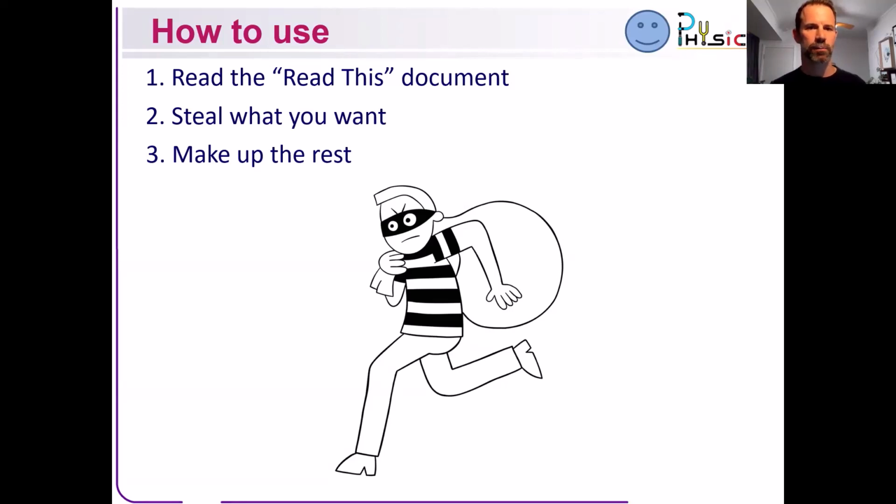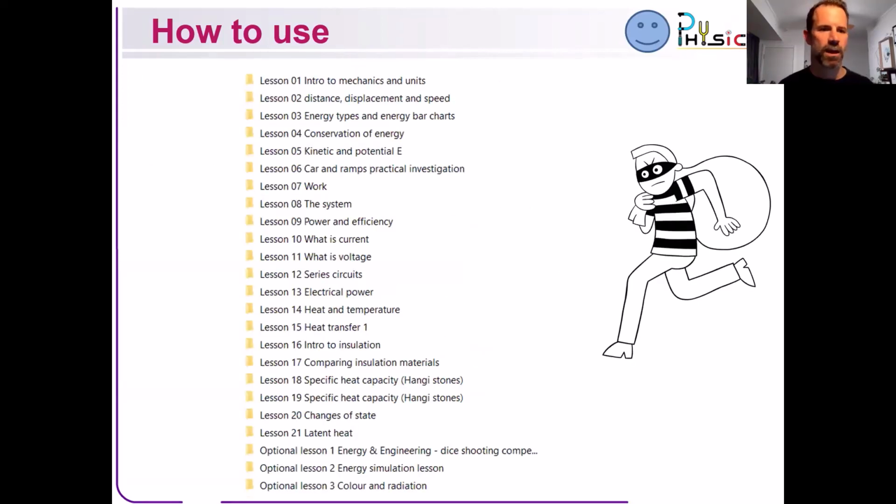You'll see lessons that look remarkably like this. It is a gigantic bunch of very linearly organized lessons and folders for each lesson. There is actually about 4 more optional ones at the bottom. It's taught super linear, like the first 9 lessons are mechanics. And then we have about 4 for electricity. Note that there's only 4. There's not that many because Ohm's law is not even mentioned. And then about 8 or 9 lessons on energy, on thermal energy, and a bunch of optional ones at the end that I'll talk a little bit more about later.